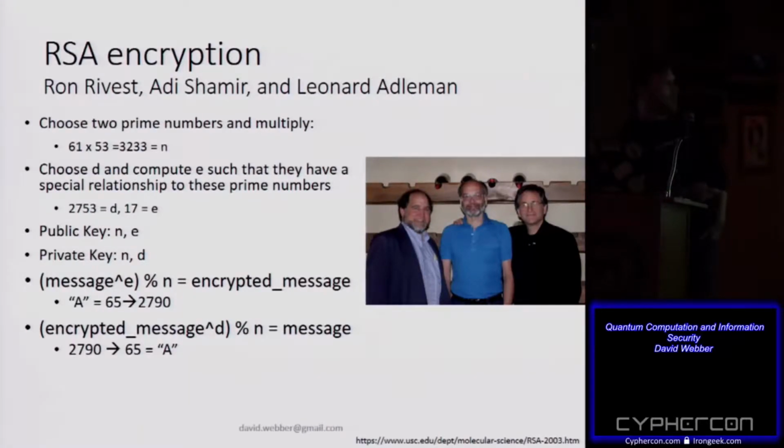The encryption protocol is super fast to compute. You basically take a message, raise it to the eth power modulo n, and that becomes the encrypted message. So for example, if I have a letter A I wish to send to you, that's ASCII 65. If I perform this operation, that turns it into 2790. Then to decrypt that message, you use the private key. So I take the encrypted message, raise it to the power d, as in dog, modulo n, and that gets the message back. I'm surprised how straightforward it is,